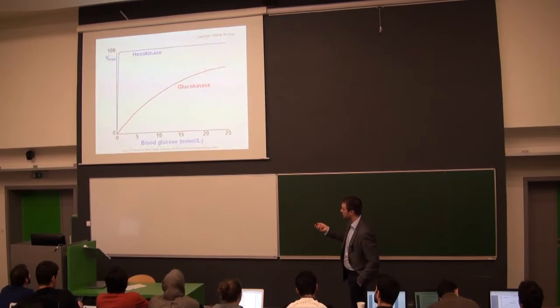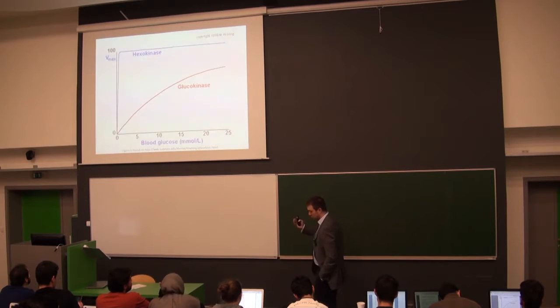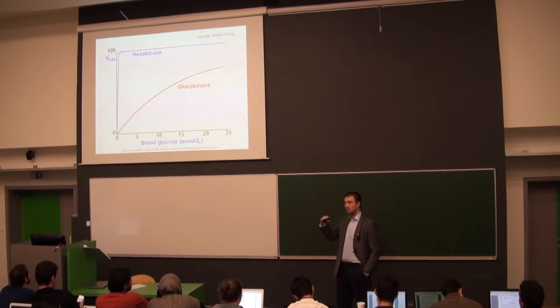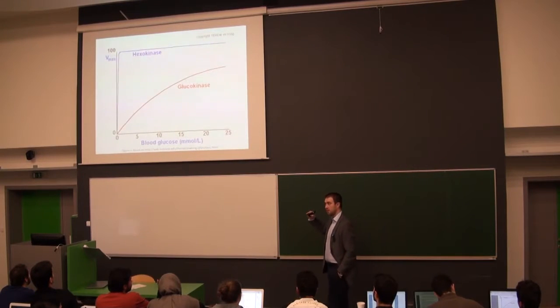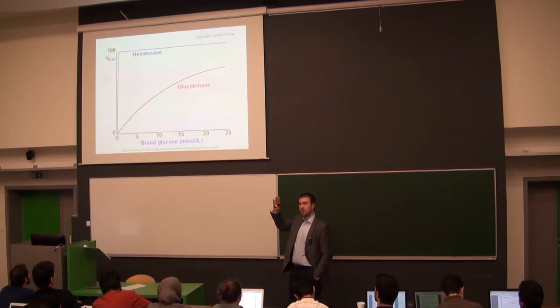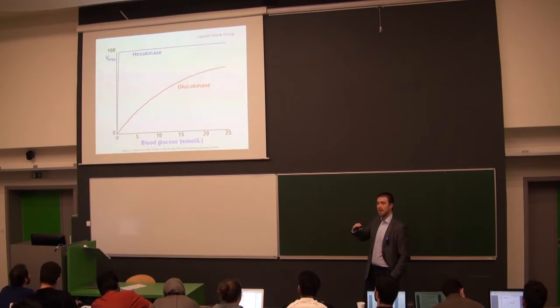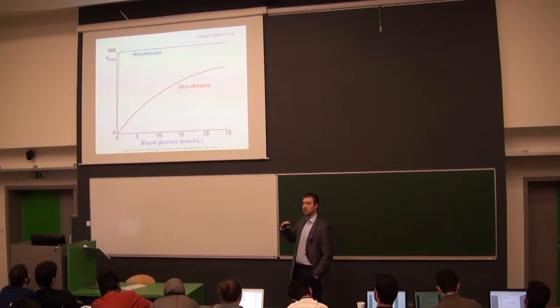Here we have the velocity, here we have the blood glucose concentration for the glucokinase. And what the pancreatic beta cells should do is, according to the actual level of glucose, regulate the production of insulin. If the blood glucose level is high, more insulin molecules should be released into the bloodstream, decreasing the blood glucose level. If there is a lack of glucose, then the pancreatic beta cells should stop the production and secretion of insulin, resulting in keeping the blood glucose level at a stable value.